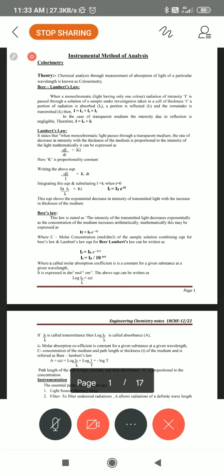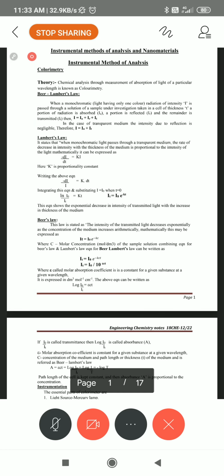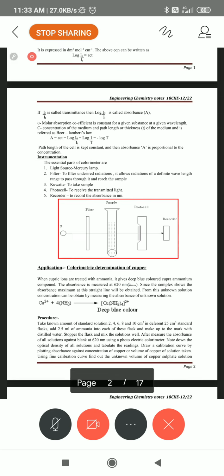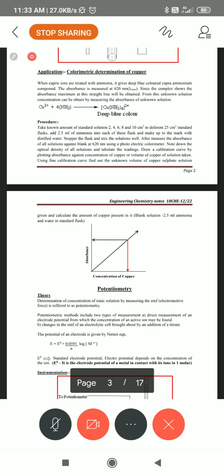As for that potential, how do you find out the potential of batteries? The EMF is equal to E of cathode minus E of anode. At that time only you can find out the standard electrode potential of each electrode. Now we want to find out the electrode potential of solutions. At that time we can take two electrodes, and those two electrodes are dipped into the solution. Already you know the potential of two electrodes.